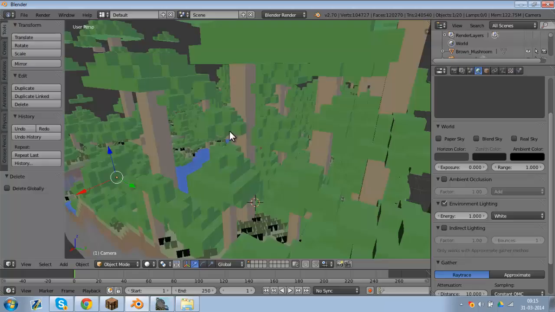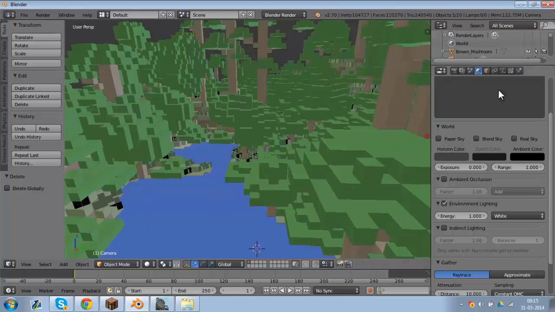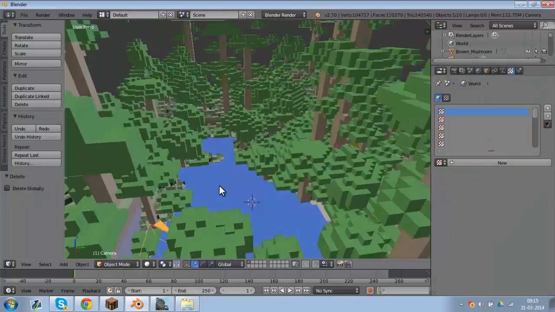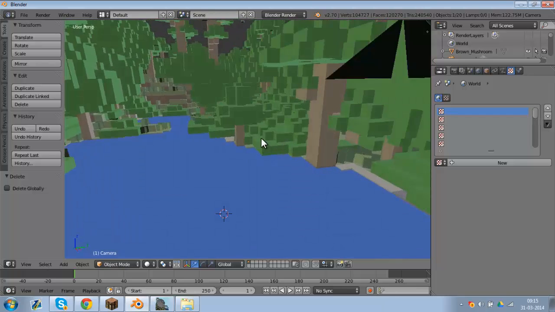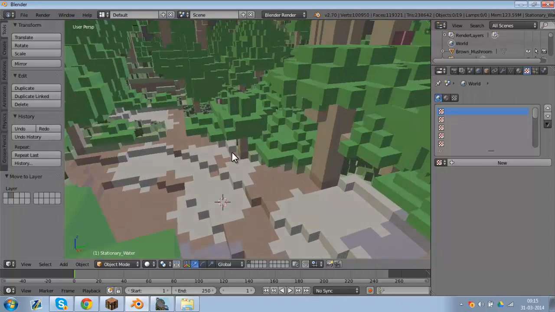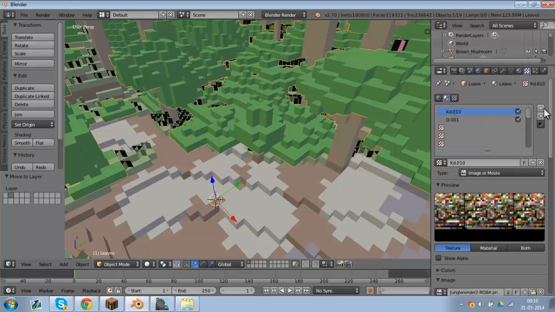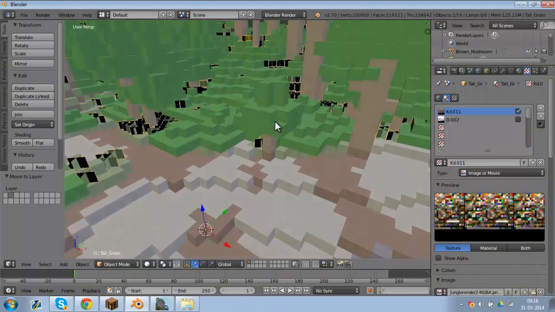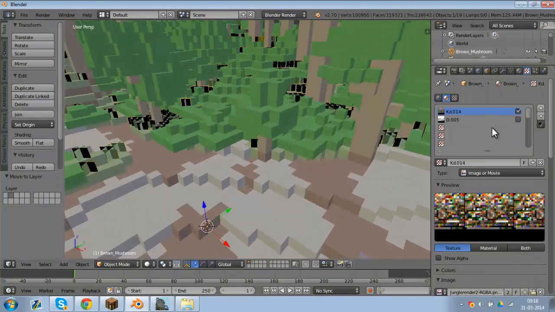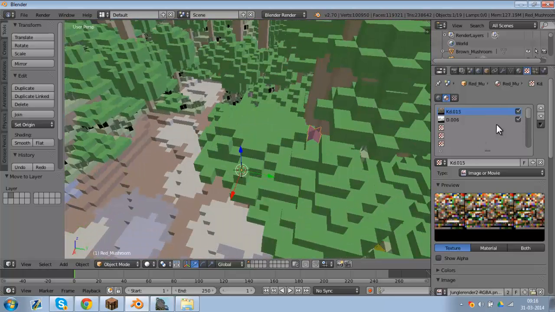Anyway, yeah. So now this is a really tedious part of it, where you're gonna have to select every object that you see, and you're gonna have to go into the materials and make it look better. So first off, right click on the water, press M, move it to a different layer, because you're gonna need that later on, not now. So select the first, right click on the leaves, okay, and deselect this black and white thing. Right click on the grass, deselect the black and white thing again, right click on the mushroom, deselect that, right click on the flower, deselect that, click on the red mushroom, deselect that,